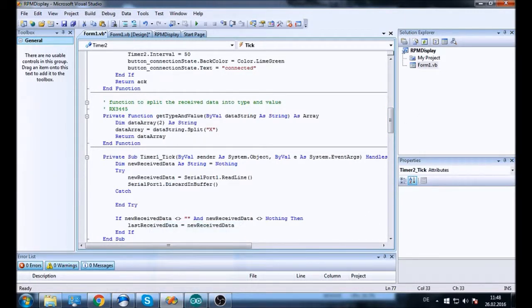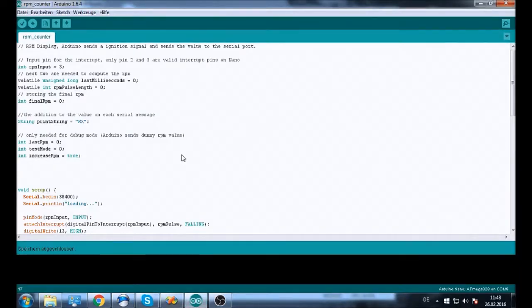So now let's just have a quick look at the Arduino code. It is really easy. We have just defined the input pin for the interrupt, in this case pin 3, because on the Arduino Nano only 2 and 3 are valid interrupt pins. Then we have a value for the last milliseconds and a value for the pulse length. With those two values we calculate the